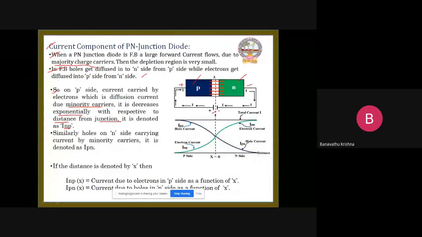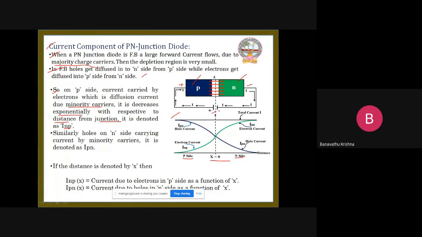So let us see this diagram. Here, this is the p side area, and this is the n side area, with the junction at x equal to 0. As I told you, here the majority charge particles are holes. Why? Because here the majority charge current is more. So this is the current here. As the applied voltage increases,